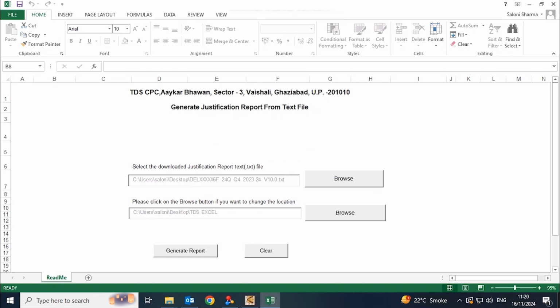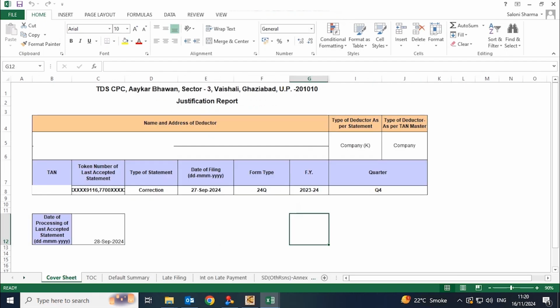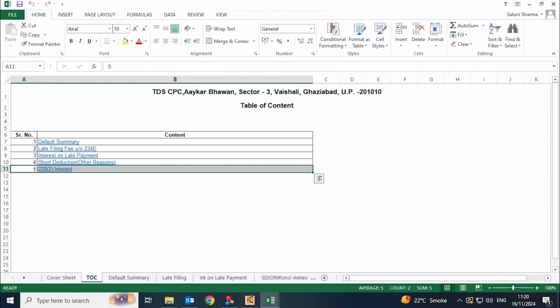And to check the errors, you need to open the justification report. So this is the justification report that will have the defaults or errors that have been identified by the income tax department. Here you will be able to see the table of contents, and in the table of contents you will be able to see the default summary, late filing fee if there is any, and interest on late payment.